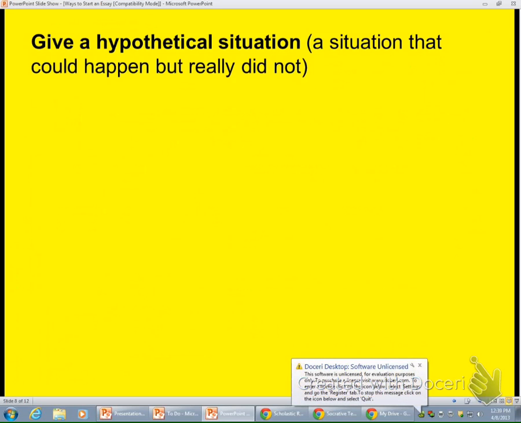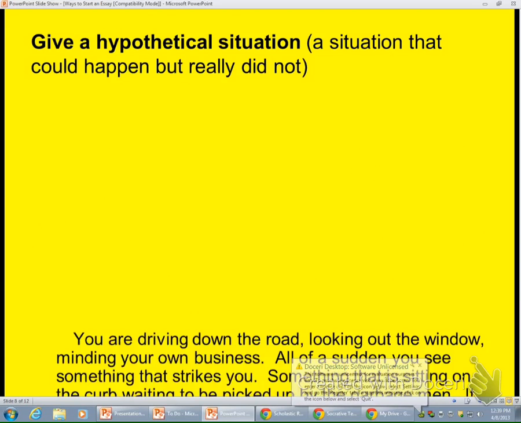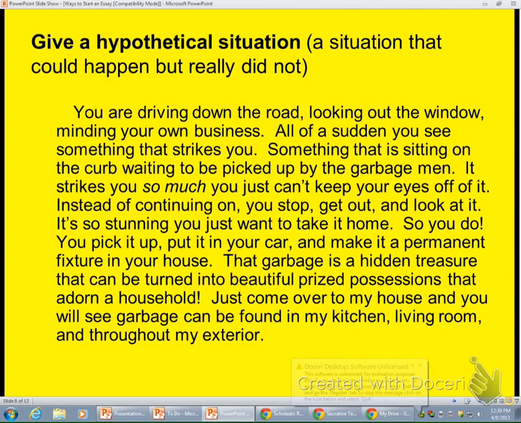So I taught this briefly to you last week, is you can actually start off with a hypothetical situation where you're telling the story about a situation that really didn't occur but could have occurred that relates to your thesis. So if you look up here and read this to yourself, and then we'll discuss it. You have to be careful with hypothetical situations. If you're using them throughout your body paragraphs, would you want to use them in your introduction also? No. Okay, so it's the same thing. You're just presenting them with the situation that could occur that relates to your thesis.